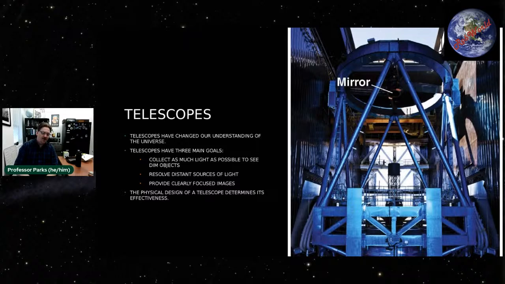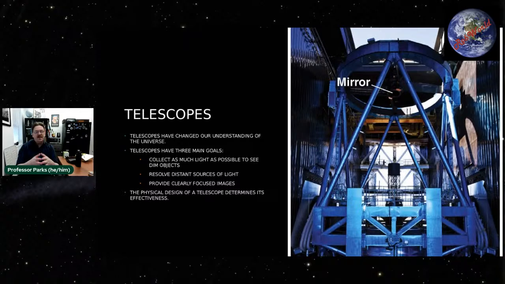ELT and so forth. But the reason why we build bigger telescopes, there are really two primary reasons. The third one is the larger the telescope, the clearer and more focused the image is. But really the two that I'm going to harp on is that a telescope, if nothing else, is a light bucket. It is what actually receives the light. So you want as large a bucket as possible in order to collect as much light, because the more light you have, the better your data is going to be, the more you can get out of it.